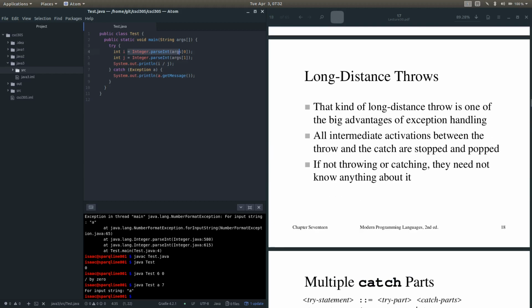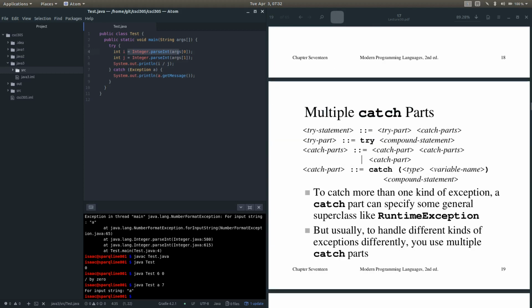exception handling like this is basically like a long distance throw, right? And this is what we would consider to be an advantage of exception handling. Basically, the reason for this is that we have this capability to prevent the program from completely failing, where we have some way not only to arrest the program's execution but to keep it going in the case where bad things or user input cause problems. We can now, interestingly enough,